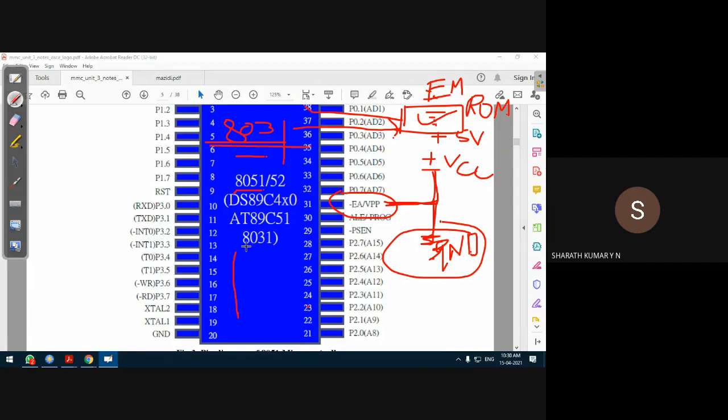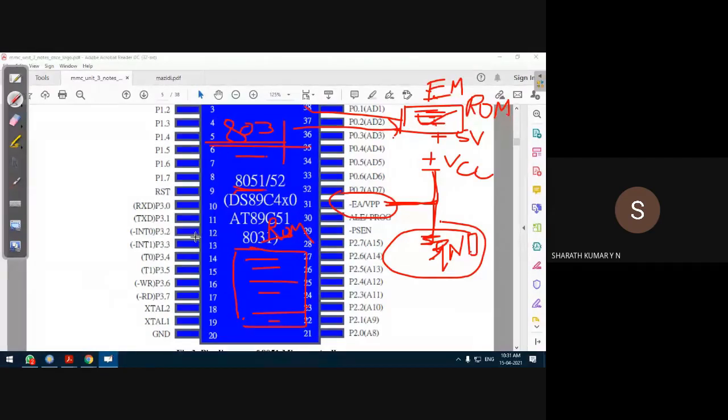Some locations will access the internal ROM space, and some more locations will be accessed from the external memory. This location-wise discussion will be done sometime in the next class, that is, in the memory architecture. For timing, you understand that the 8051 microcontroller will access both the internal ROM space as well as the external ROM space based on the requirement. That is, maybe the internal memory is not sufficient, or it has to have a separate code space. Then it will go for an external memory.